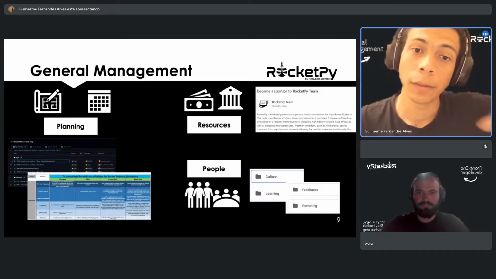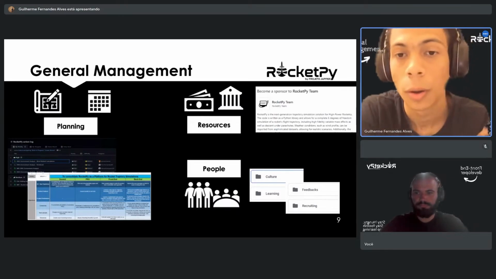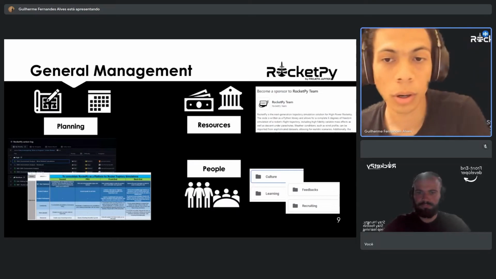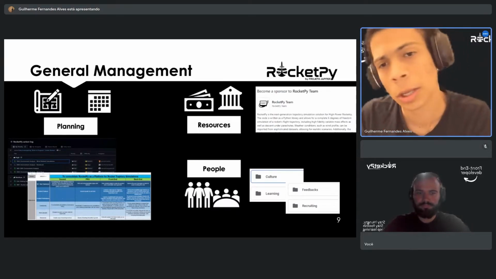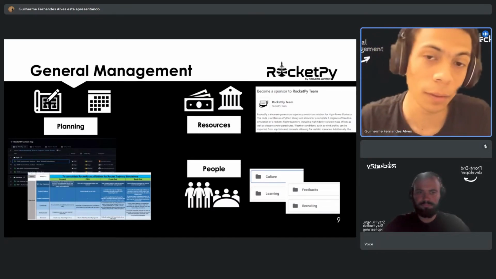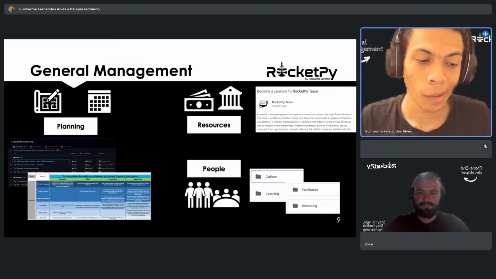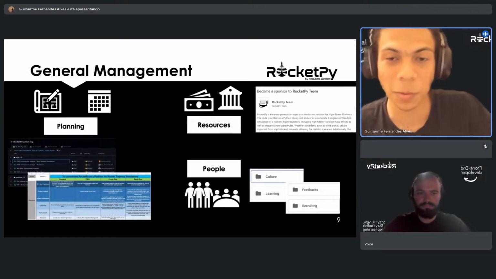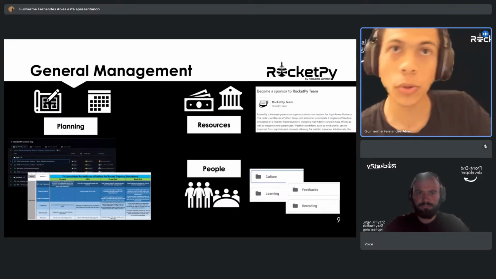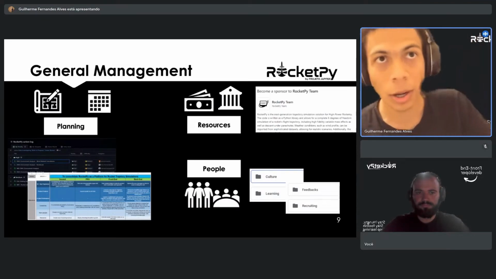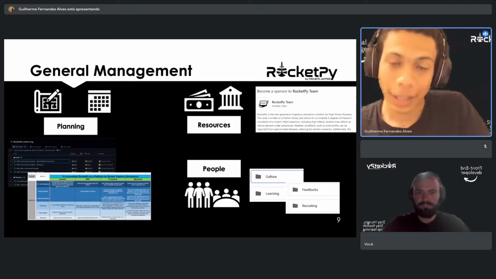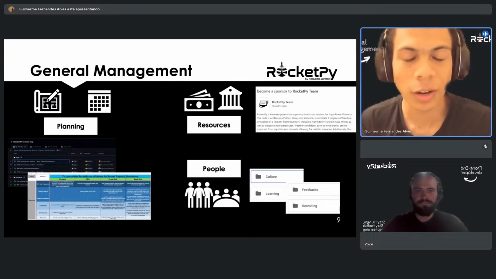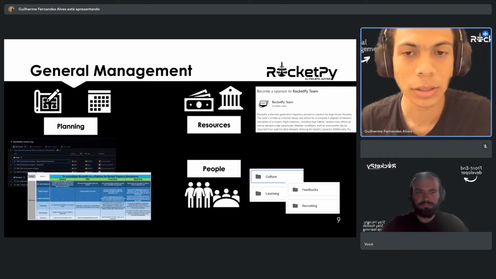Also, we have a resource acquisition branch, where we will always look for sponsorship opportunities as well as profitability opportunities. So basically, trying to find some ways to get money through the open source project so we can take that money and invest it again in the open source project and help it grow sustainably in an easier situation.